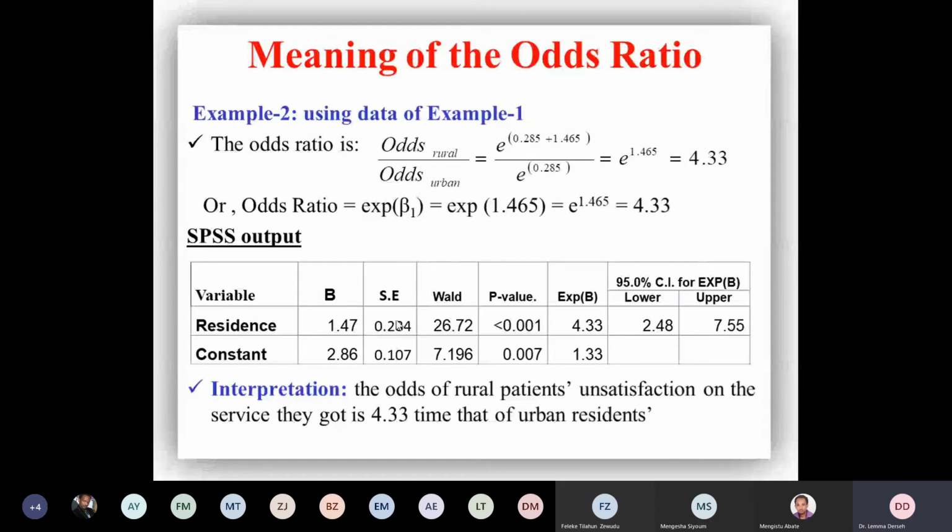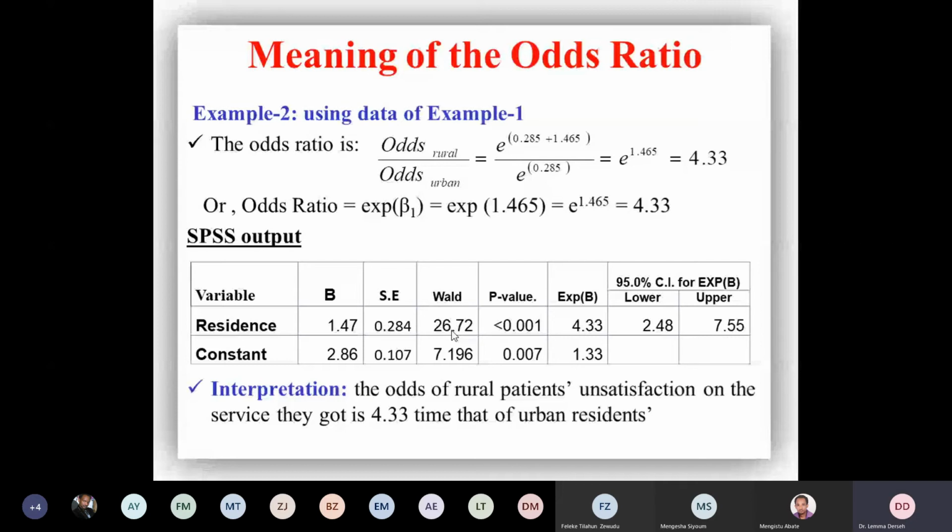ልክ አሁን ይሄንን 1.47ን ለስታንዳርድ ኤረር ስታካፍለው የምታገኘው ቁጥር አለ፣ ያ ስታንዳርዳይዝድ ቤታ ነው። ያው if the sample size is large z ማለት ነው፣ if the sample size is small t ወደ t ነው የሚጠጋው። ያንን ስኩዌር ስታረገው z ስኩዌር ዋልድ ይባላል for large sample size። እና p value እዚህ ጋር ሲግኒፊካንት ነው።